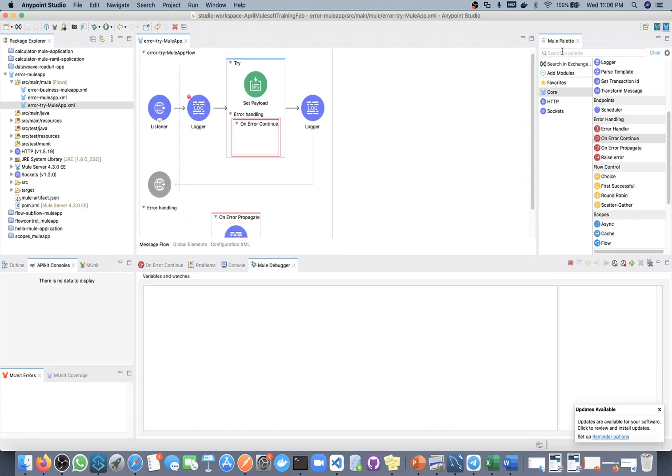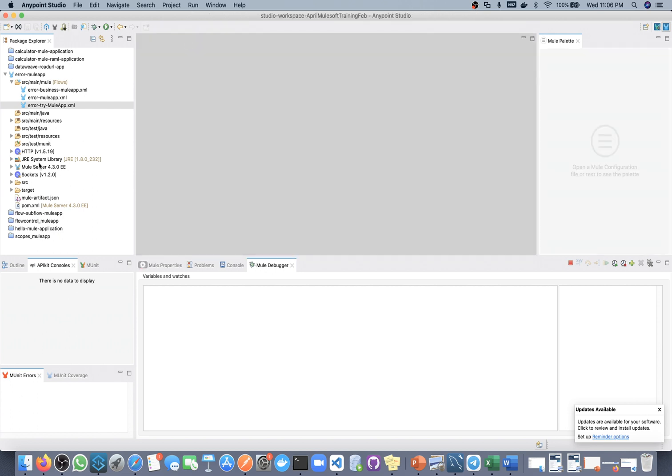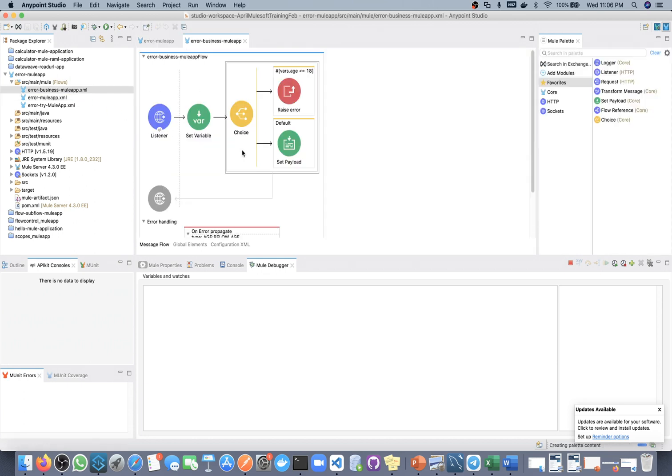Okay, fine. Now we will go to the global error handler. We have learned all kinds of error and business scenarios, but we are still left with the last and main component, that is the global error handler. For that, I will go to this flow where I have handled lots of things. Yeah, this one is fine. Or in business error we have a very simple one.